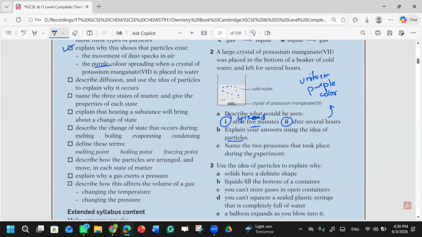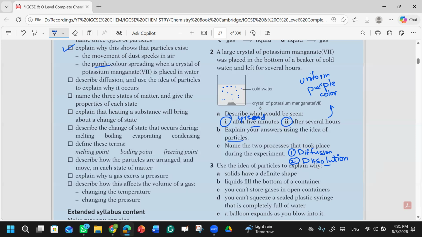So the first process is diffusion, and due to this diffusion, the particles will start to dissolve. So the second process is dissolution. Clear? And because of this dissolution, we get this color,